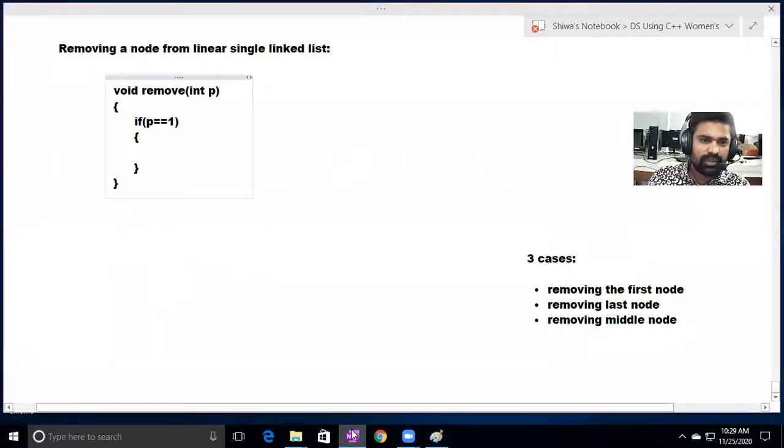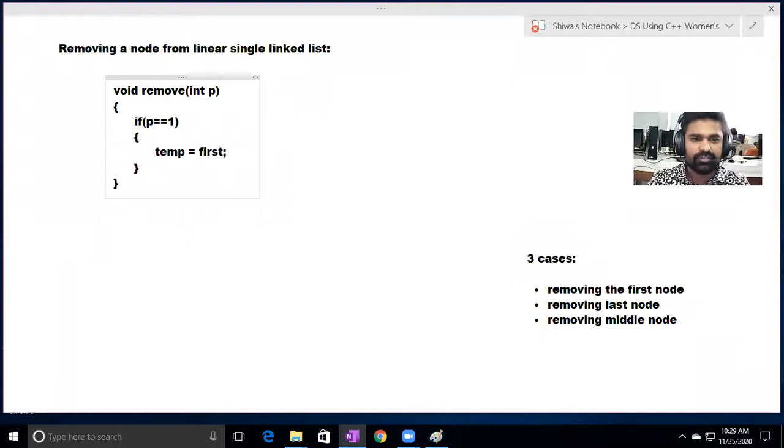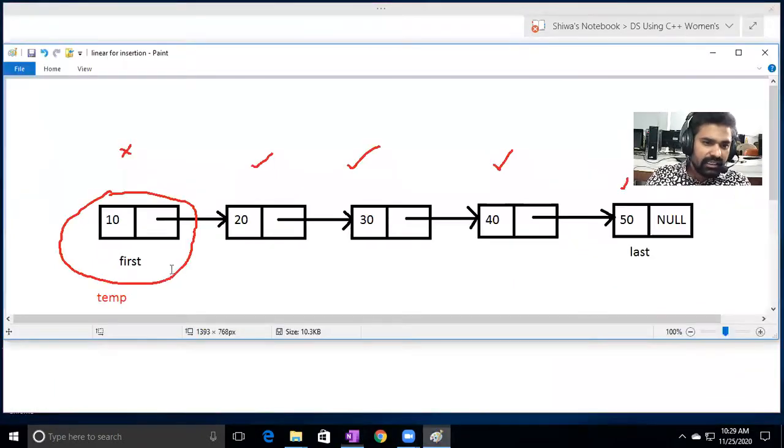So first node's address I want to get in the temp. So what we write: temp equals first. So this is the temp node.